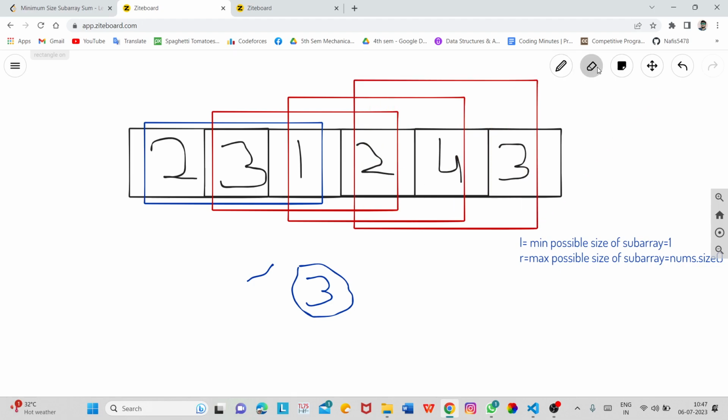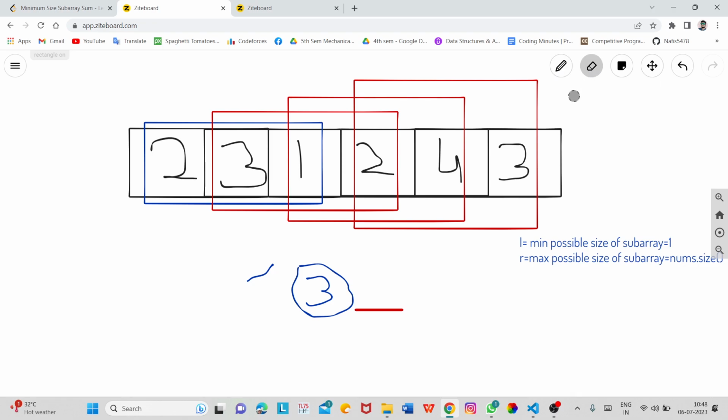So basically we have to check for each subarray, and if we have a particular subarray in which the sum of elements is greater than or equal to target, then we can say that for this size, size 3, we can have our answer.